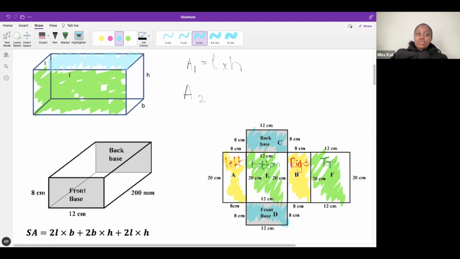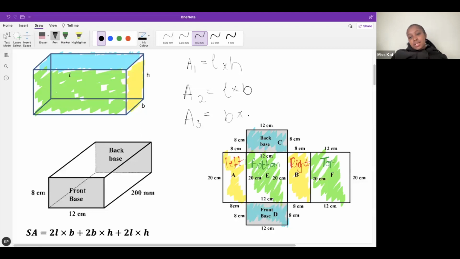Yes, I'm just trying to decipher why it's length times breadth times height times this. Okay. So this one at the top, it would be length times breadth. Thank you, Abu and Tammy. This one is length times breadth. Now, what about the one on the side, which would be area 3? This one over here. The dimensions would be